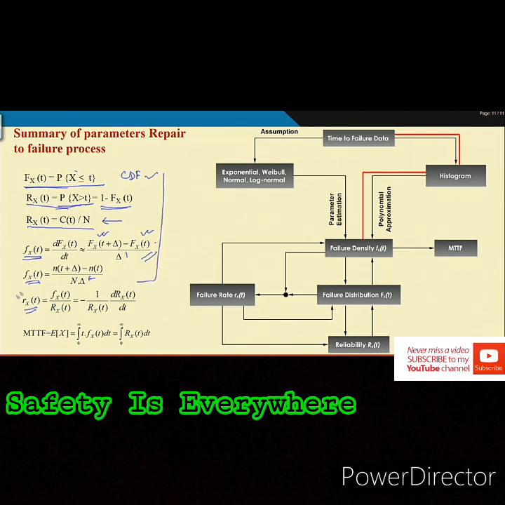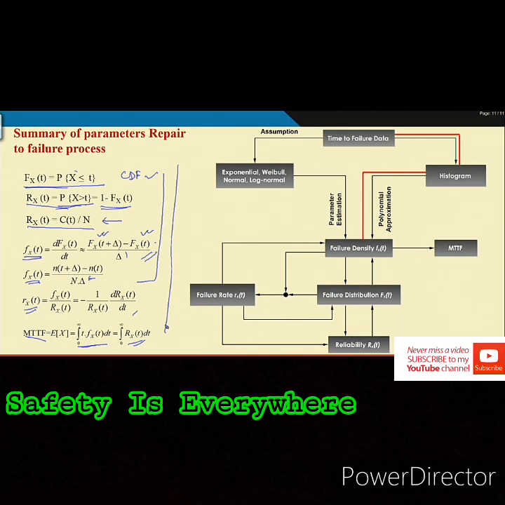Today we primarily concentrate on the hazard rate function, and in the last class I also discussed what the mean time to failure will be. This is nothing but this equation. Now, this is what is already done. So, in the right hand side there is a figure. You just see the figure.